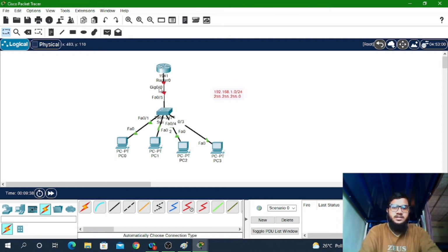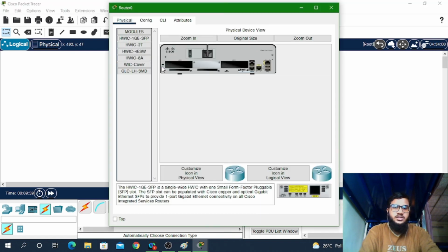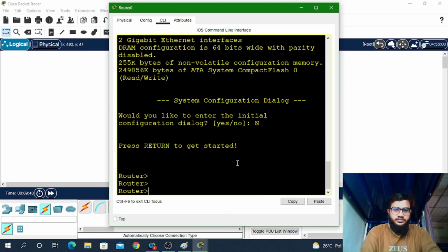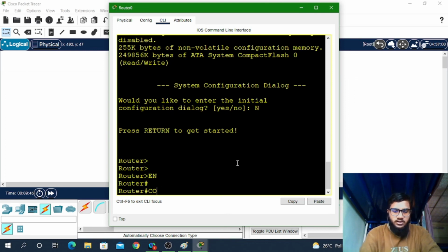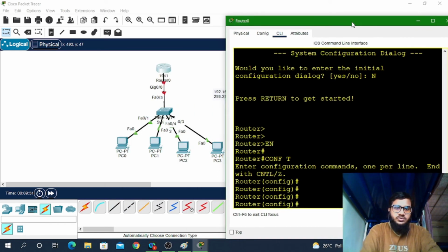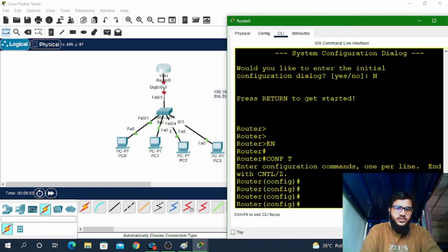Now I'll go to this router and type enable, then configure terminal. First I have to assign the IP address to this gateway. This is the gateway, through which all the PCs will go to get their IP addresses.